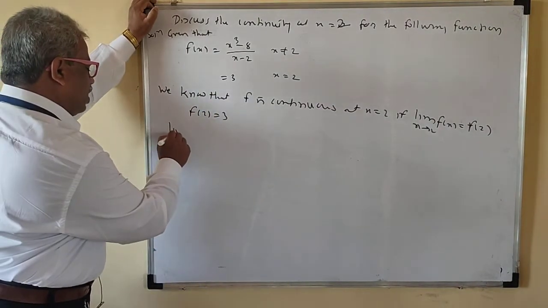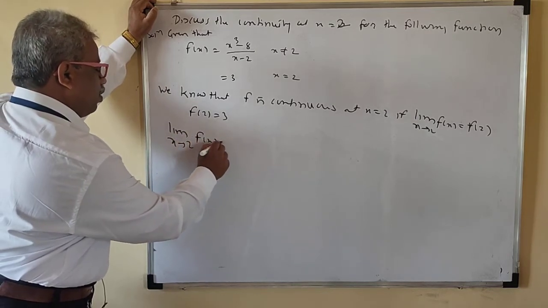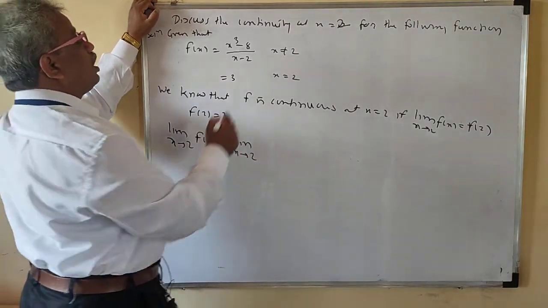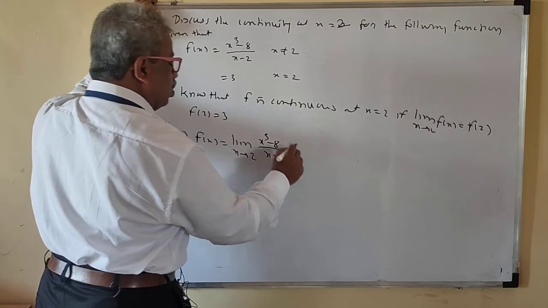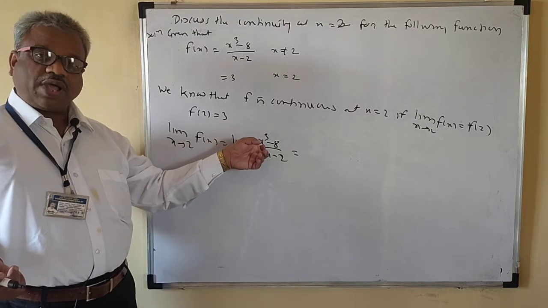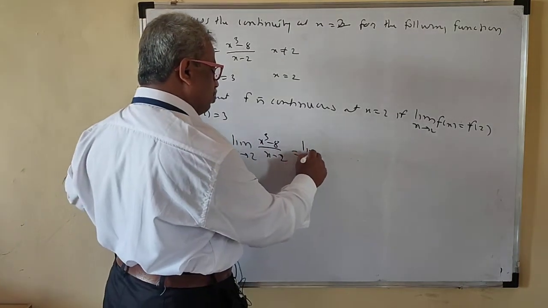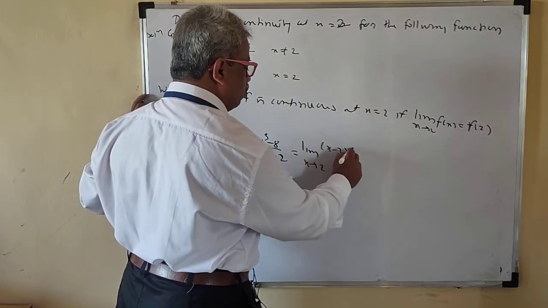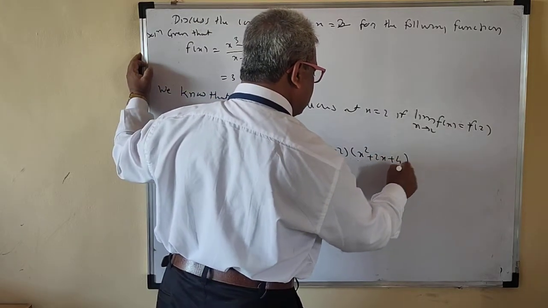Okay. So we'll find the limit x tends to 2 f of x now. So x tends to 2 means x not equal to 2. Your function is x cube minus 8 upon x minus 2. Now if you put x is equal to 2, the denominator is 0. If you put x is equal to 2, the numerator is also 0. That means x minus 2 is a factor of the numerator and of the denominator also. We'll take x minus 2 out. So this is x square plus 2x plus 4.